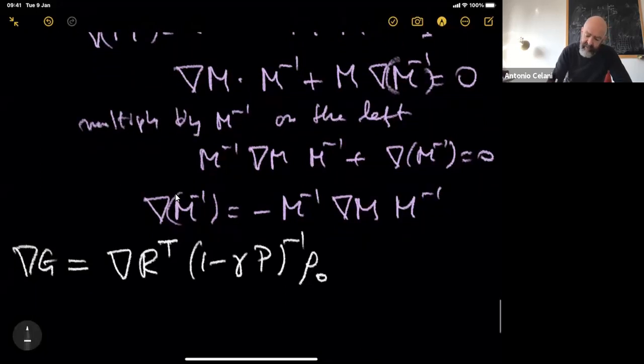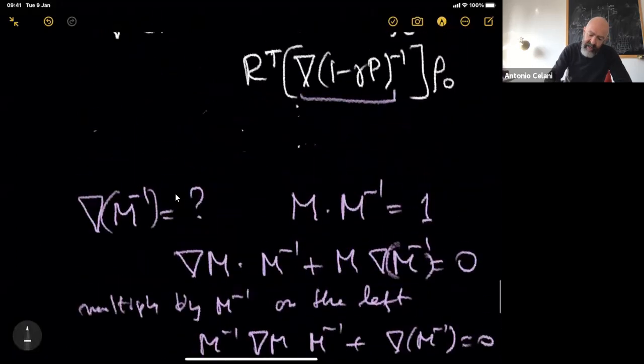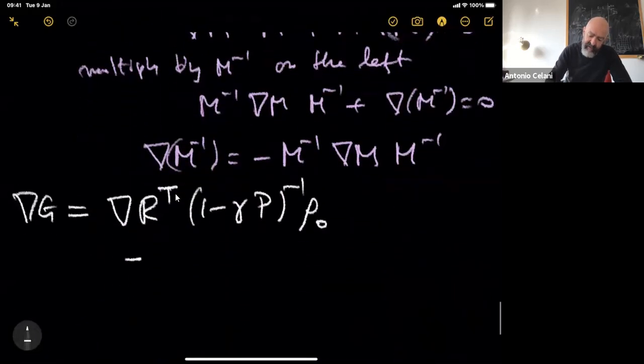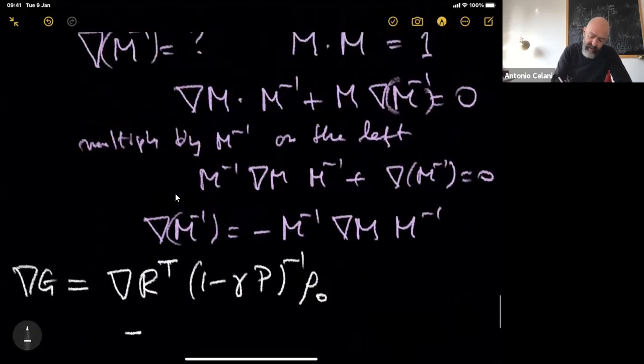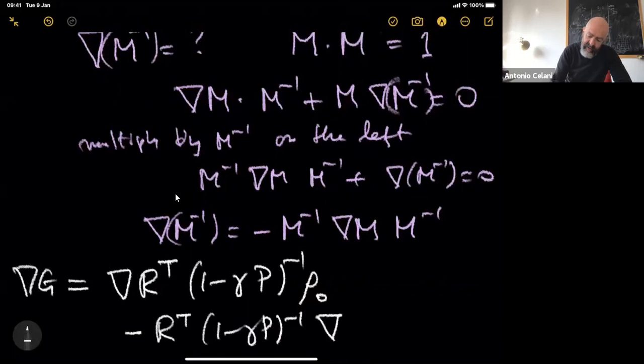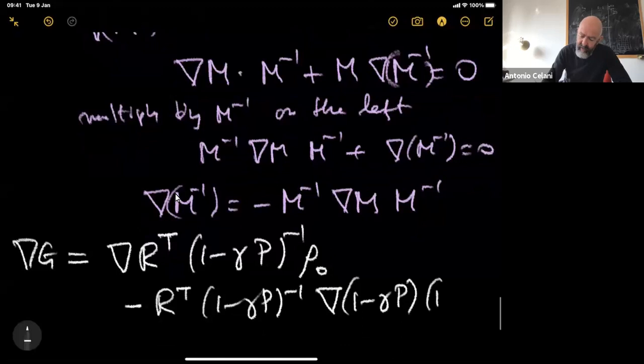And then I have my second part, which is minus, my matrix M was 1 minus gamma P. So I have RT, which was there, 1 minus gamma P minus 1, the gradient of 1 minus gamma P times 1 minus gamma P minus 1 times